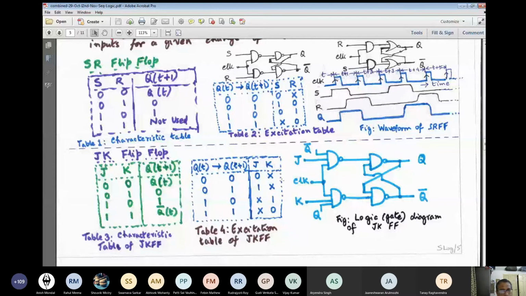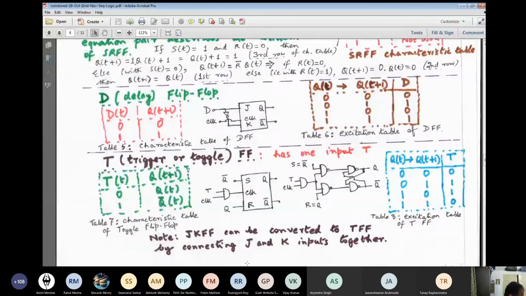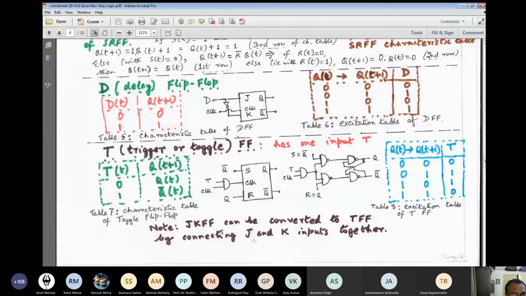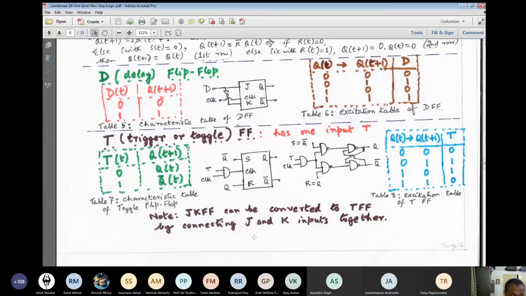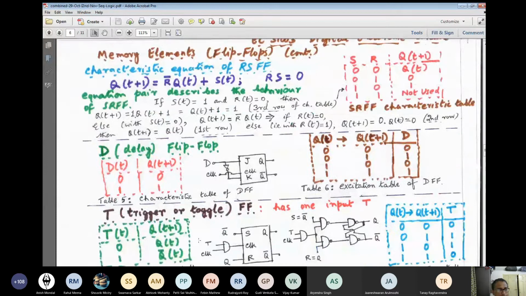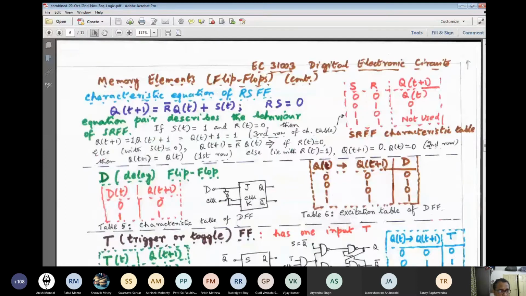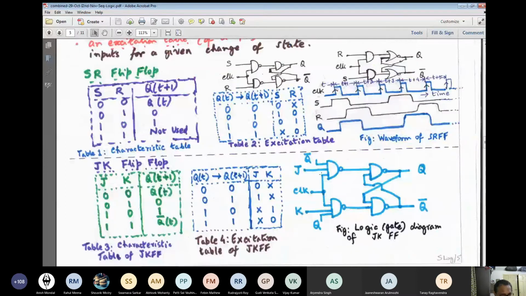Any doubt so far? Okay, so let me proceed. Now what we shall study is that this simple JK flip-flop does suffer from some inadequacy, some drawback. Let us try to discover it, in the simple JK flip-flop.